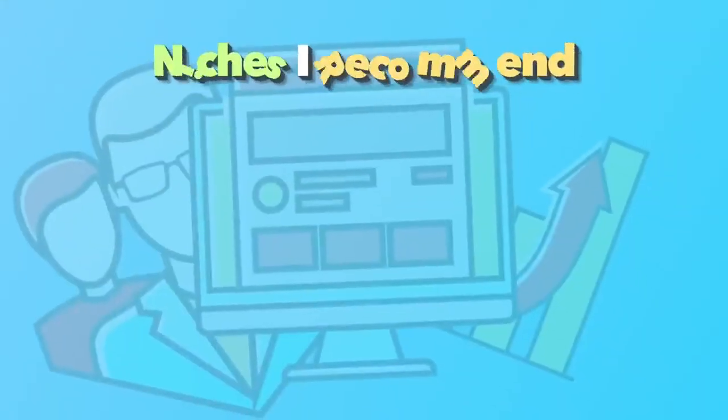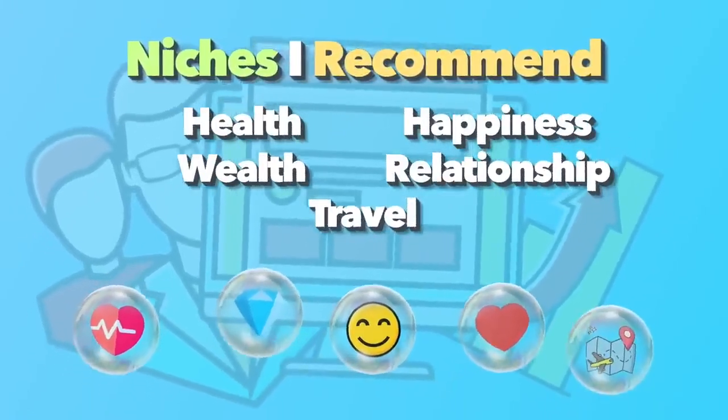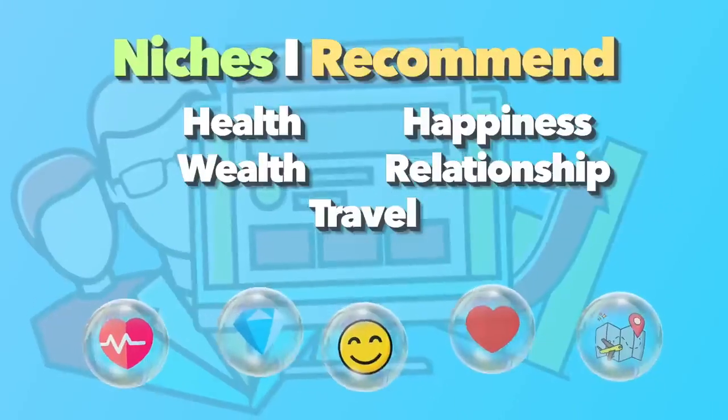And now when it comes to calculating our affiliate income stream, we first need to make sure that we're in a niche that actually has affiliate products available. You can't do affiliate marketing, unfortunately, in every single niche. However, there are niches where there's tons of affiliate products and great ones to promote. And the niches that I recommend going into that have great affiliate products would be health, wealth, happiness, relationships, and travel. And then what I recommend doing is choosing a sub niche of one of these categories.